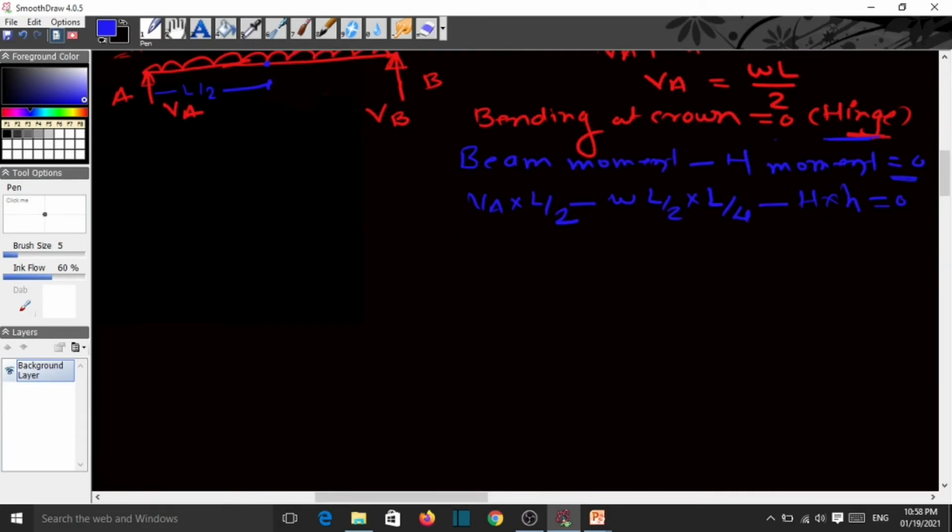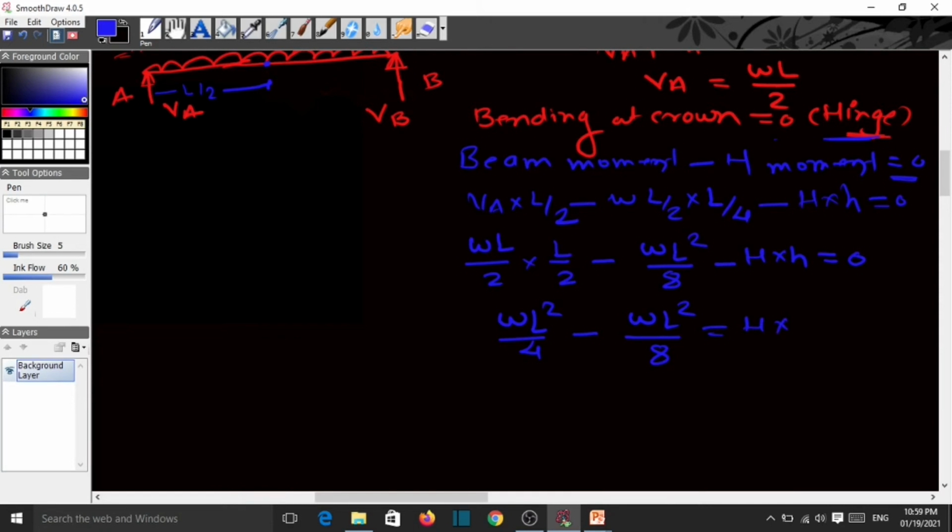So now here, W is equal to WL by 2 into L by 2 minus WL square by 8 minus H into h is equal to 0. So this becomes WL square by 4 minus WL square by 8. If you take it to the right side, that becomes H into h. So divide by h here. So we got H is equal to WL square by